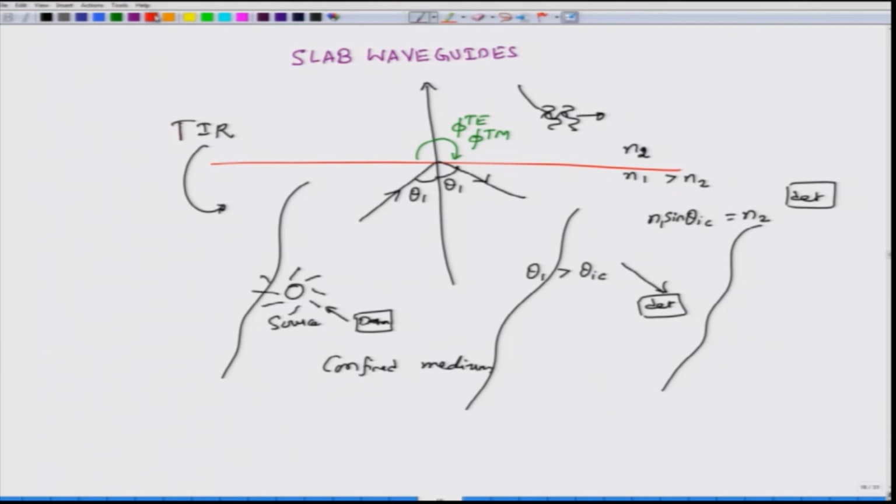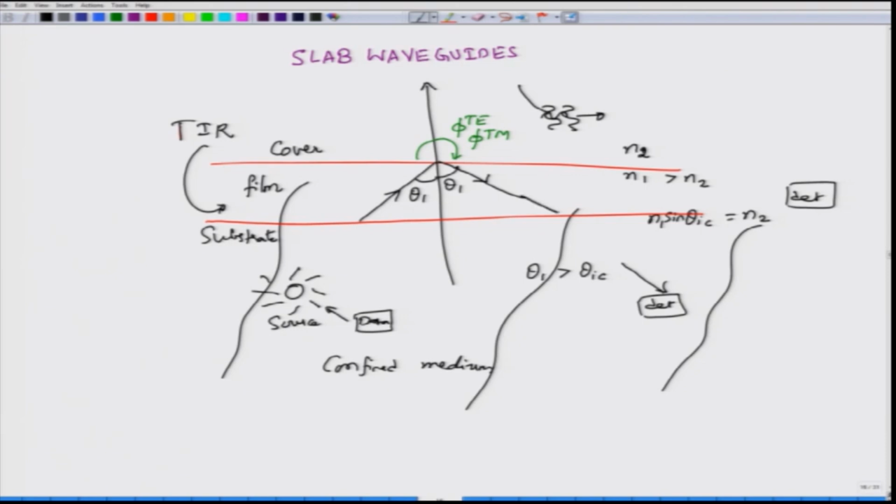So, the solution to our problems is to put in another interface, and this interface in integrated optics is normally called the cover. This is called the film, or sometimes the guide, and this one is called the substrate. Here we have seen that the cover has a lower refractive index than the film layer, and if the substrate had a refractive index greater than N1, that of the film,